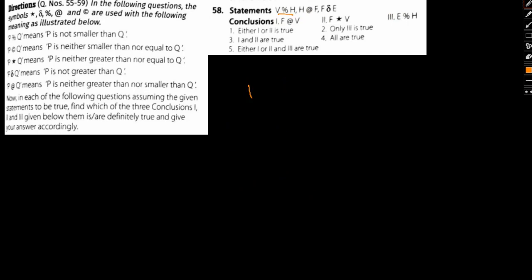V percentage j, so V percentage j means V is greater than h. H at the rate f, so at the rate represented equal to, so h is equal to f, and f omega e, so that would represent less than equal to e. Okay, now if we go with the conclusions, 1, f at the rate v, so the rate represents equal to,